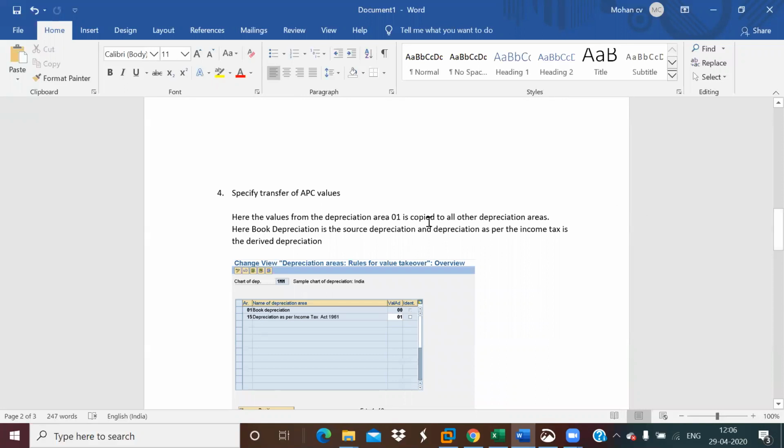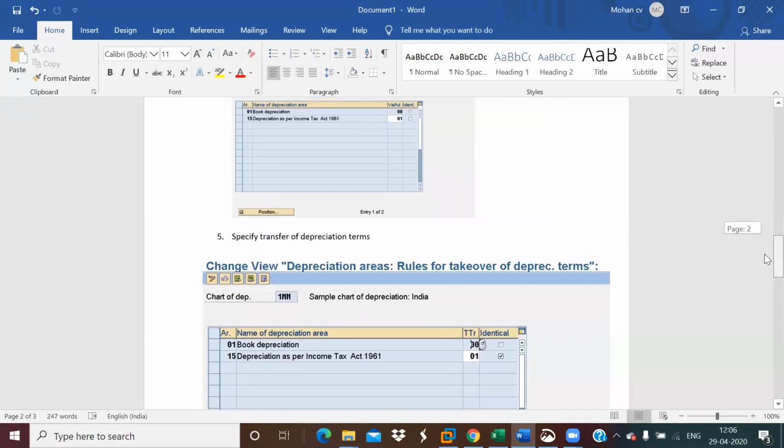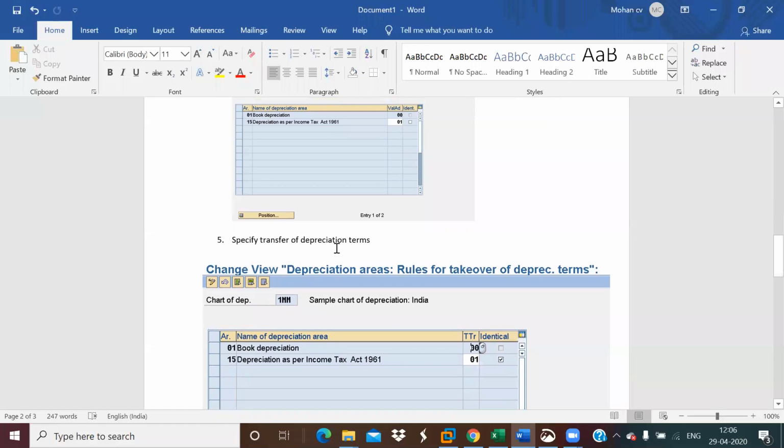That is, the source depreciation is the book depreciation, 01, which has to be copied to the other depreciation areas, like the income tax depreciation. And same thing we have to check for specify transfer of depreciation terms, whether the source depreciation has been copied to the derived depreciation.